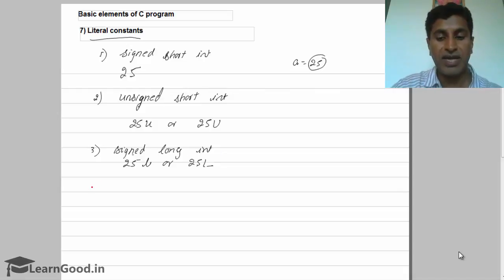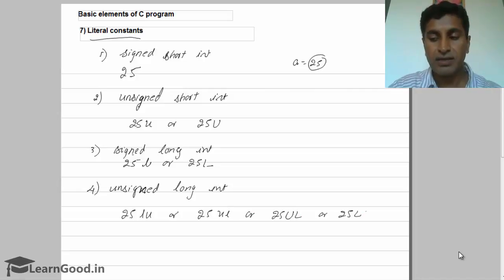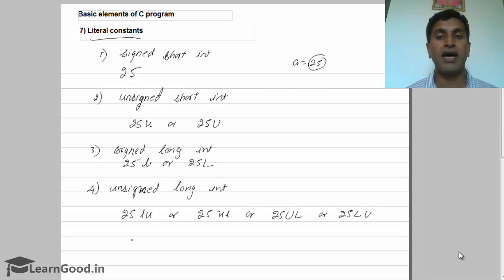Same way, that same 4 bytes data, if it should be unsigned long integer data, then you have to give this as 25LU, or 25UL, or 25 uppercase UL, or uppercase LU, and combinations of both uppercase and lowercase. So this data becomes 4 bytes data, but it is unsigned. That means all 32 bits are data bits. So all these four